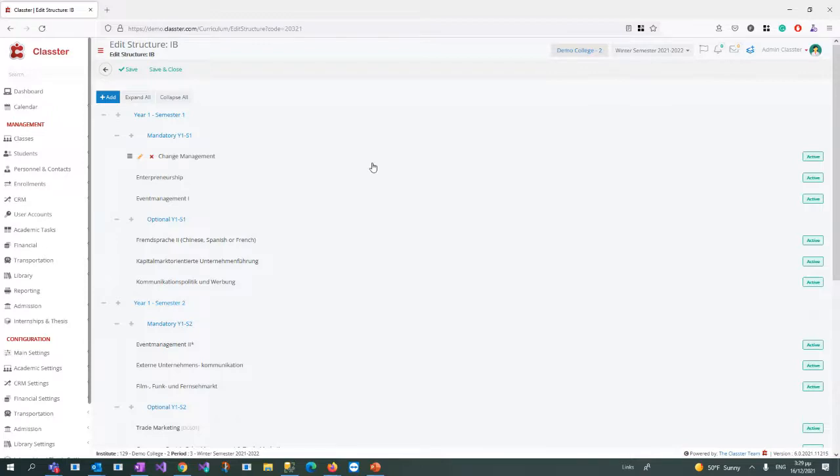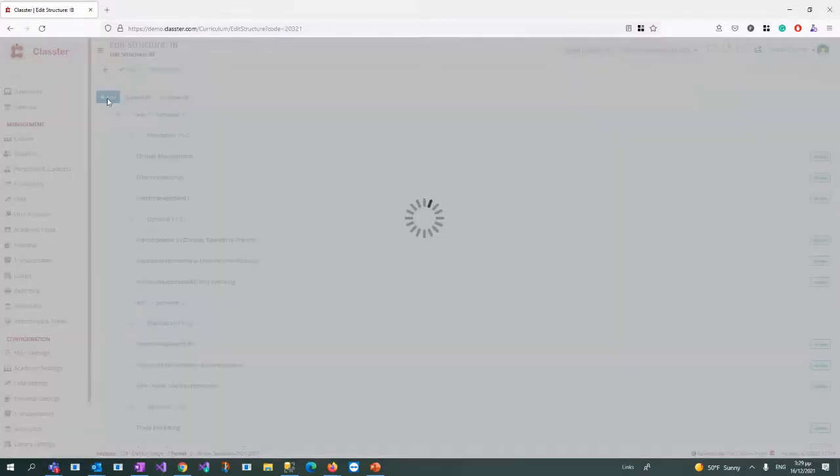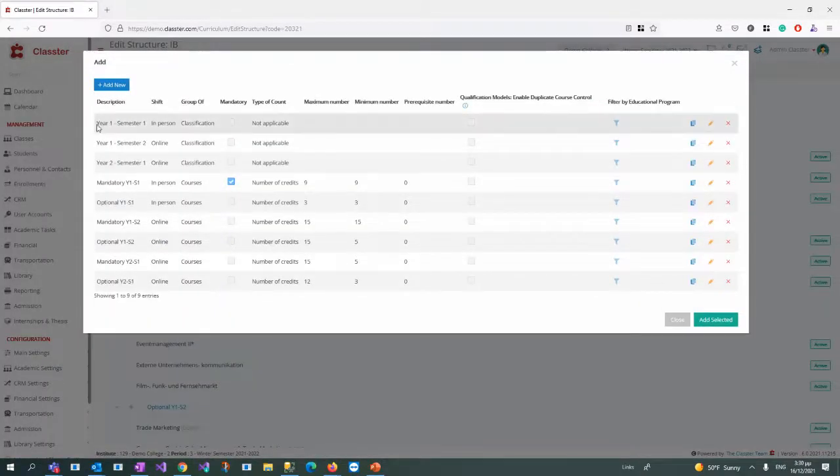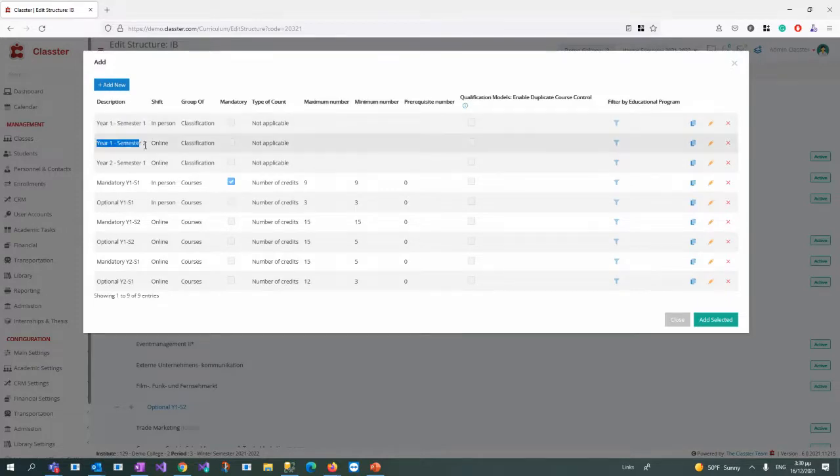This means that every student should take these 3 courses in any case, and they can select 1 or more courses from the optional. In that case, the difference between this and the previous structure is that when I create here the teams, in each year and semester,